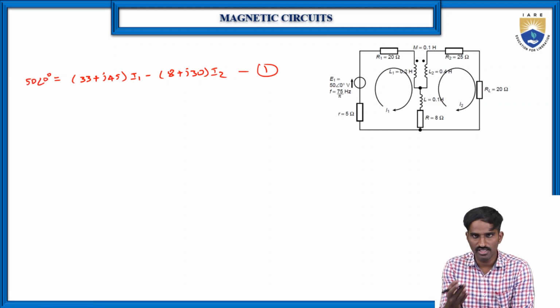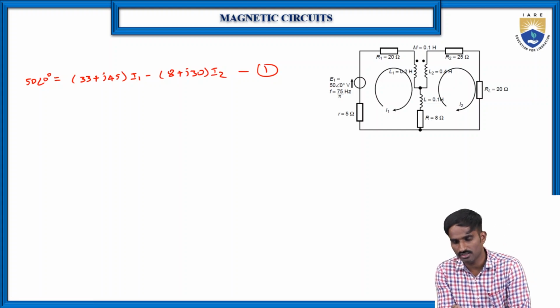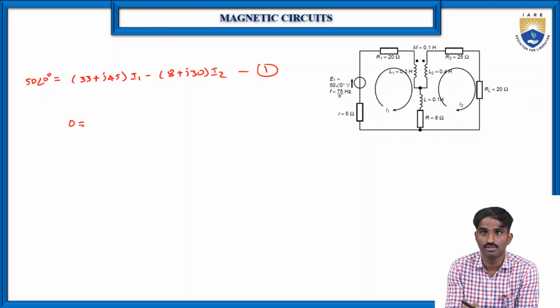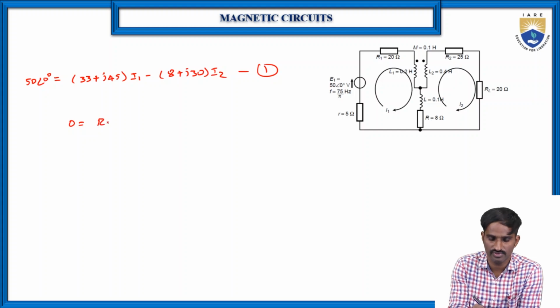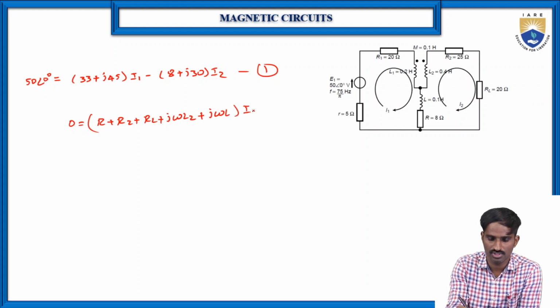Similarly, write equation number 2. Here the left side is 0. First, let us write all the parameters. Start with R plus R2 plus RL plus j omega L2 plus j omega L, into I2, minus M into